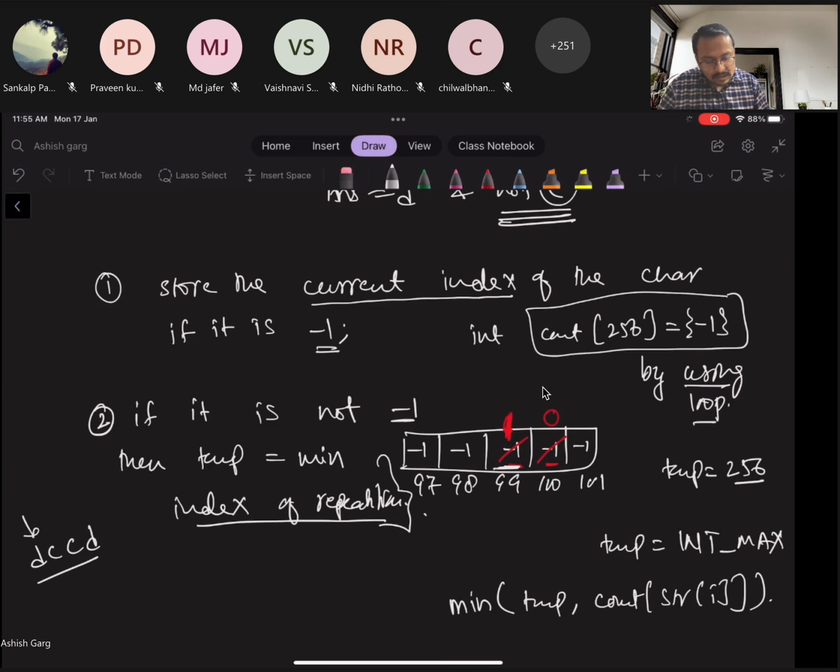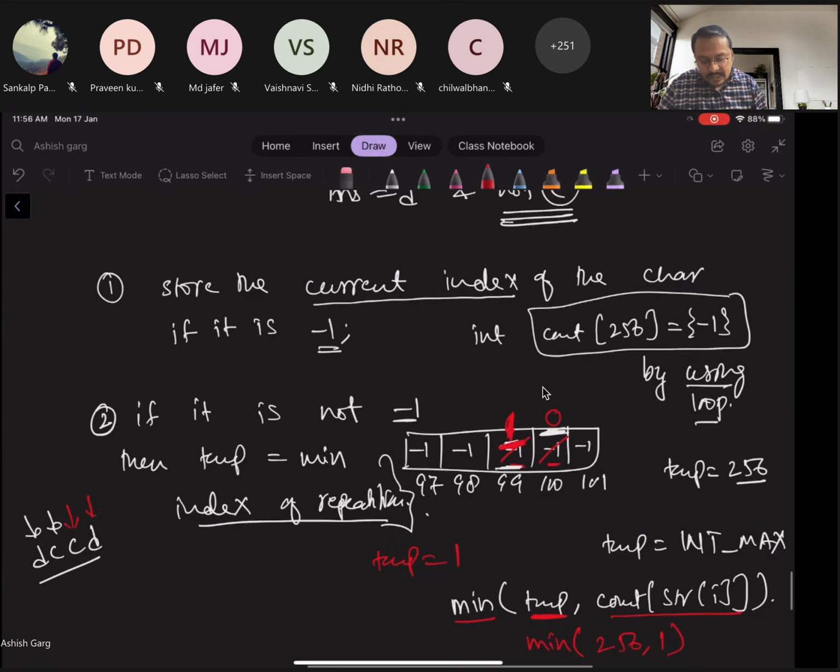D was 0, C was 1, because I am storing the current index, not the frequency. When I got the second C, the current entry is not -1, so it goes into the else and finds the minimum of 256, which is temp, and count, which is 1. So temp will store 1.